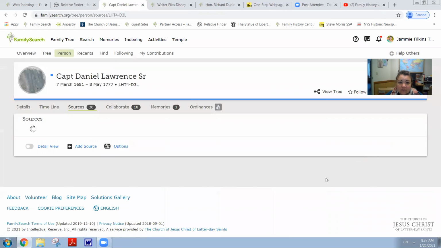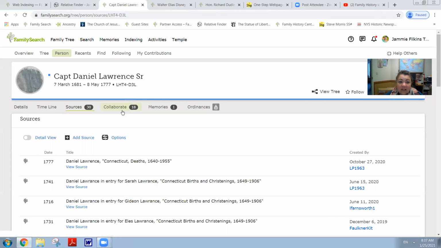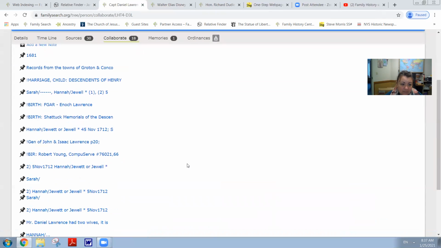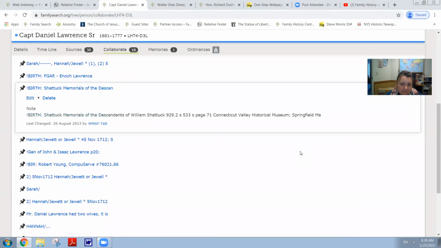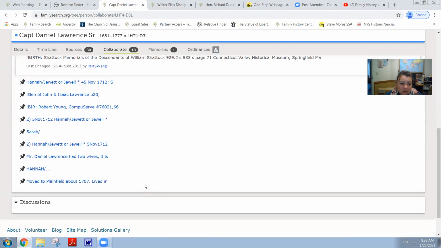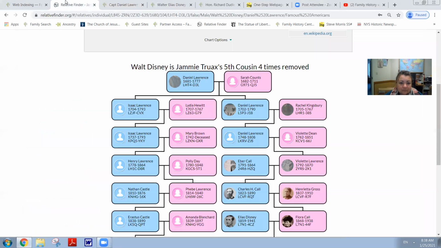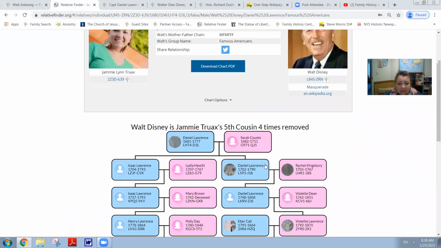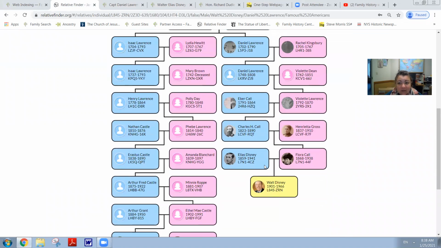He's got 30 sources, all kinds of stuff. He has collaborations also, memorials. That looks like it's out of a book, and it actually gives the page of the book that you can find the information in. So Relative Finder is not only fun, but it is a really great way to find